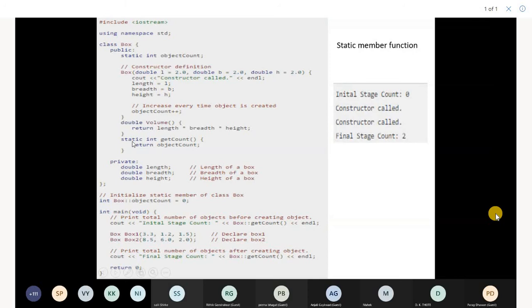It can only access static members. When you are using it inside your program, they are accessed by class name, because only one copy is created and they are bound to the class. Therefore Box object count for the member, and while calling inside the class, Box scope resolution operator getCount, static member and static member function.